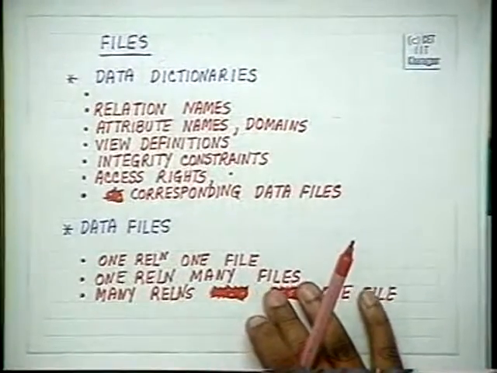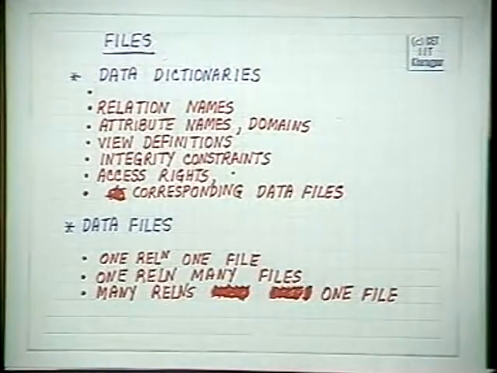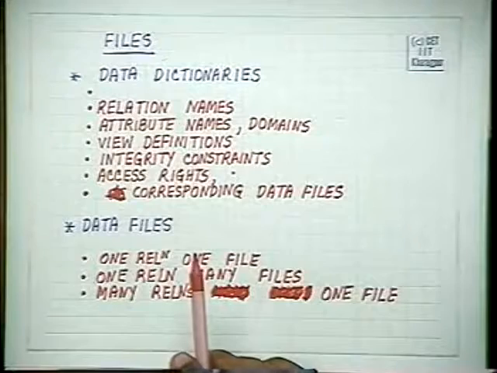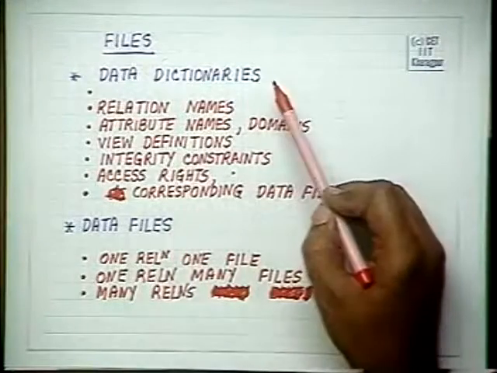So once we have studied records, now we come to files, which are basically a collection of records. And we have seen that there are two types of files which are available, which are stored in the secondary storage. The first is the data dictionary,